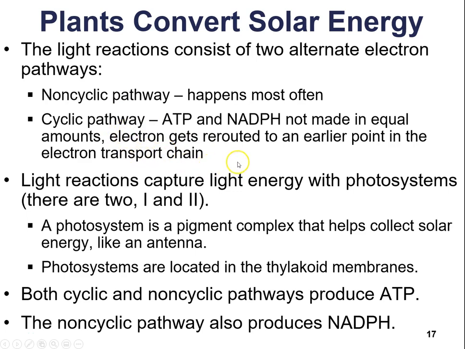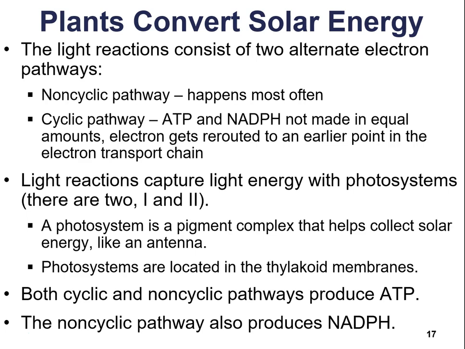basically the cell has to reroute an electron, okay? Because ATP and NADPH are not made in equal amounts. Again, if that just sounds like gibberish to you, then don't even worry about it, all right? But I have to tell you that that does exist, but we're going to focus on that non-cyclic